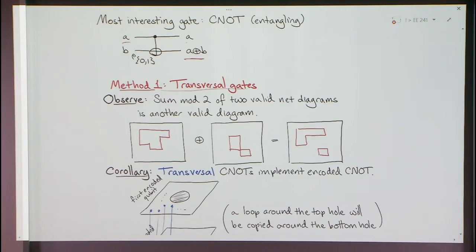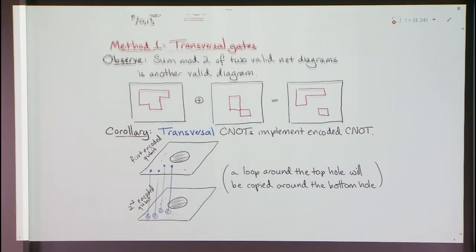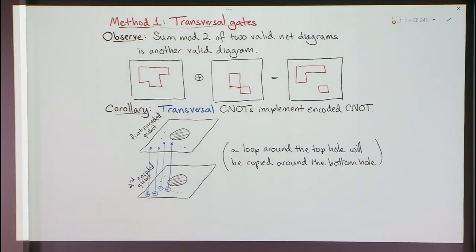And with the surface code, there's lots of ways of implementing this. The first method is kind of silly, but it's useful to remember: you can implement it using transversal gates. And this is based on the following observation. If you take 2 of these stringnet diagrams and you add them up mod 2, meaning that 2 edges cancel out to nothing, it gives you another valid stringnet diagram. So in this example, you can see there's some cancellation here, but it doesn't matter. Everything still is degree 2 or degree 4.